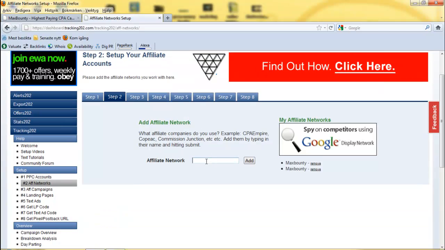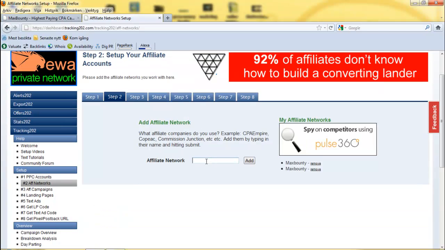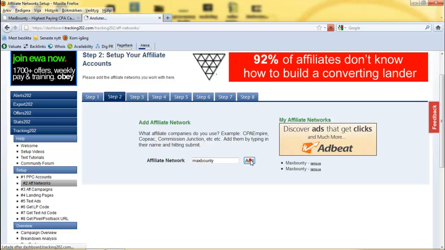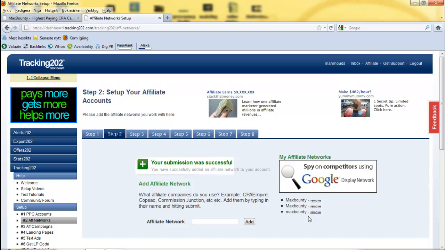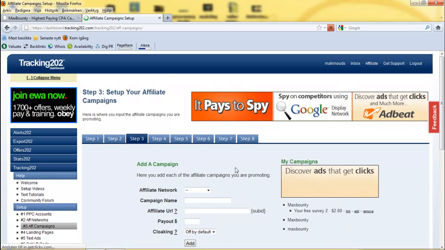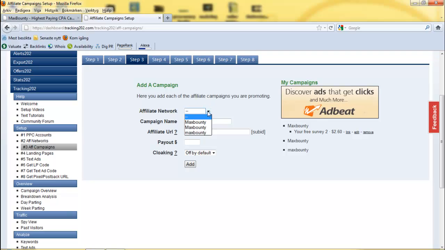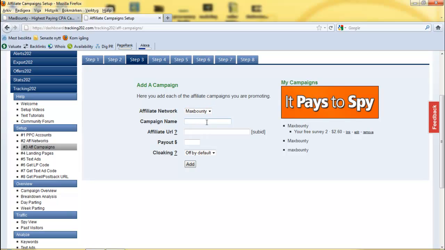Here we are going to type the name of our network, and I'm going to use Max Bounty as my network. I will add it here, so it will appear here at the side, and then go to step 3, and here we need to set our network and the campaign name. As you remember, we have been using Your Free Survey,